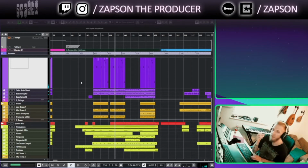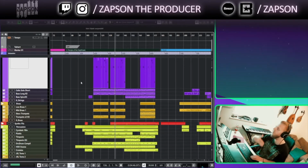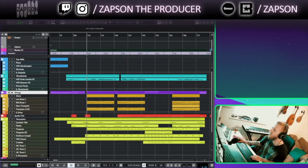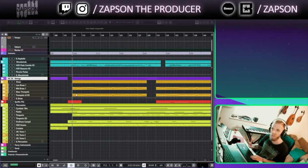Okay. So you can see I'm writing with a very unique, very distinguishable motif. And this is carrying through the whole song and defines the tone of that track. As you could see, there's a lot of strings, a lot of woodwinds, and a lot of brass sounds. That's like the backbone of the melody part, plus the classic percussion stuff. It's always timpanis, piattis, cymbals, and of course the